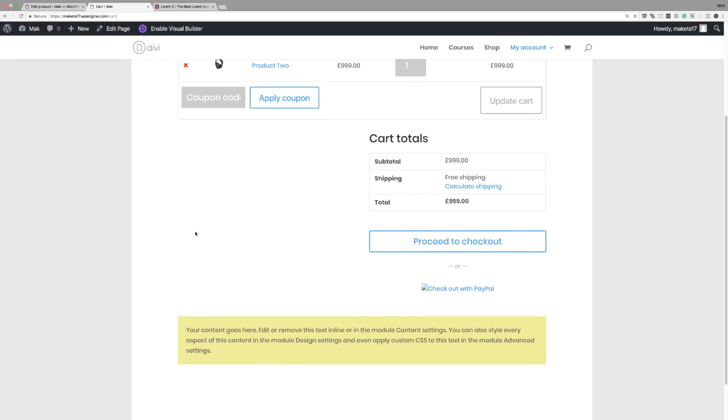So I won't go in and show you how I added the background and how I added this because that's